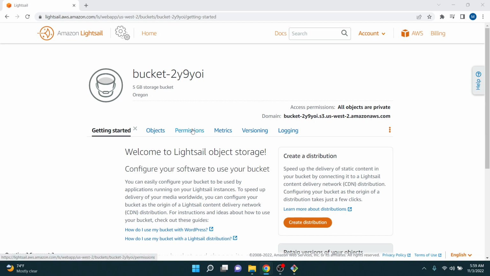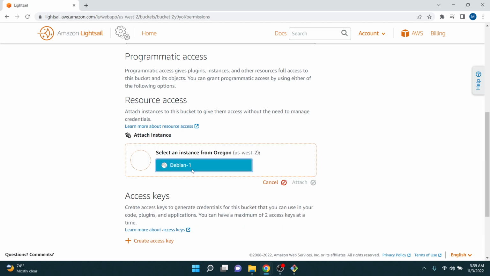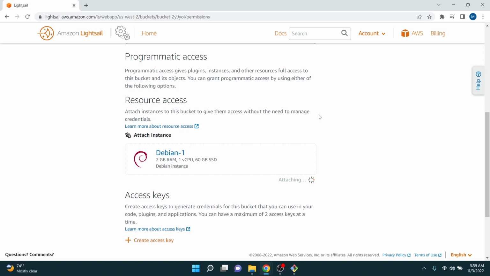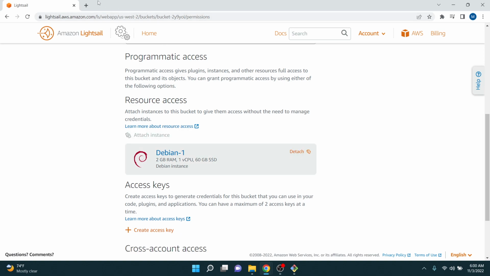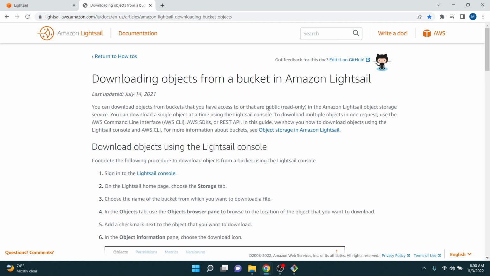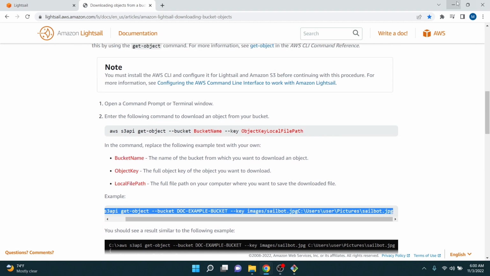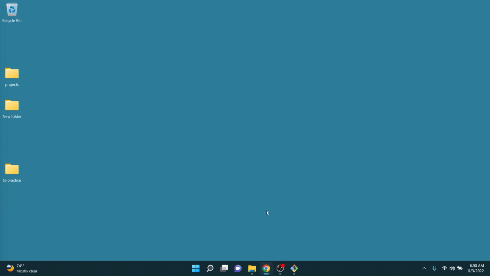And then you need to go to permissions, attach, instance, choose the instance, attach, and then go to download objects from a bucket. And you can copy this. And remember, there should be a space right here. Copy that, and then upload those things into